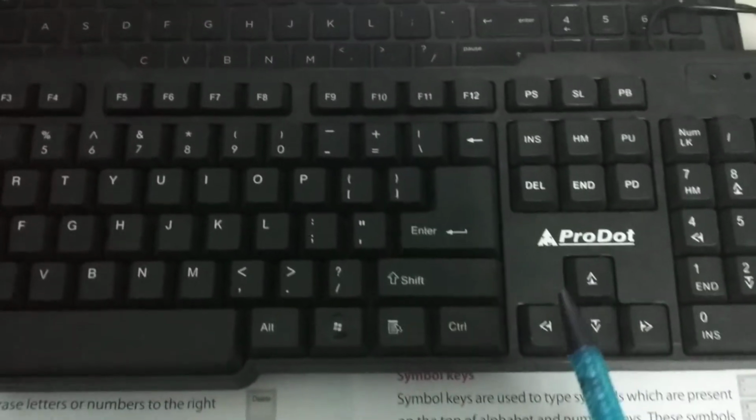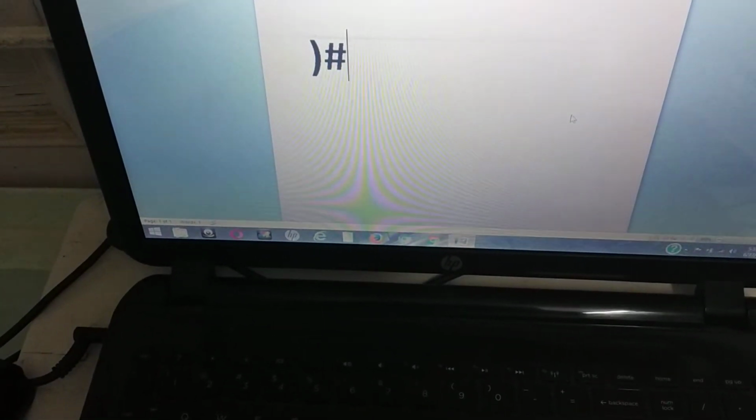Now come the arrow keys. These are the arrow keys. 4 arrow keys are present: up, down, left and right. As the key suggests, the cursor will move in that direction. For example, if I want to move left, you can see on the screen that my cursor is moving towards the left by this left arrow key.